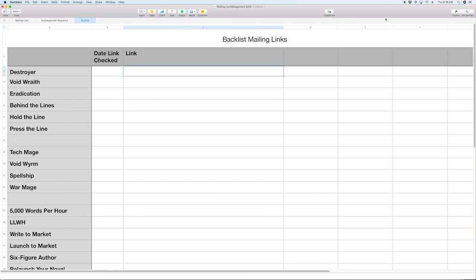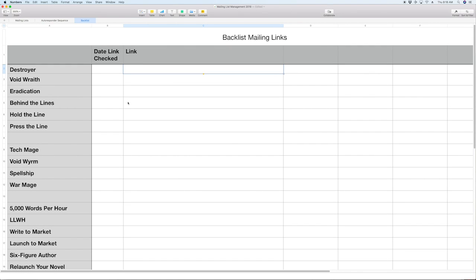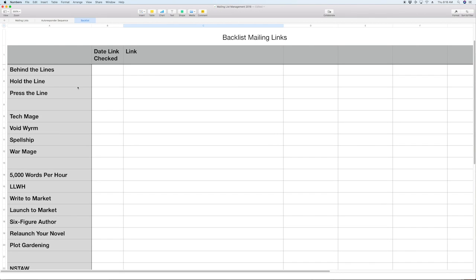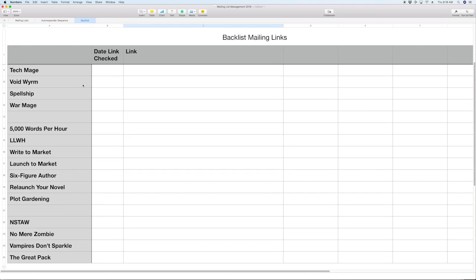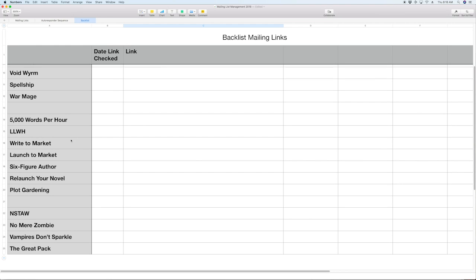The last thing I want to show you on this page is I've got all of my books now, and I'm adding a field for the last time the link was checked in that book, and then what the link actually is, so that I can see at a glance where all of my books are pointing. Right now I had to go through manually and figure out, well, if I sign up to the Destroyer list, what kind of email am I getting? And as you're going to see in a second, not the one they should be. And I've done it for my entire backlist. So I'm going to have to go through book by book and make sure that all of them are updated on Amazon. That's going to mean uploading some new copies. So there's a fair amount of work to do here.